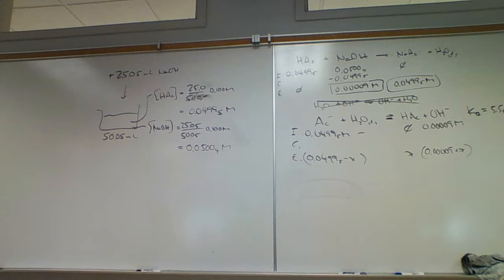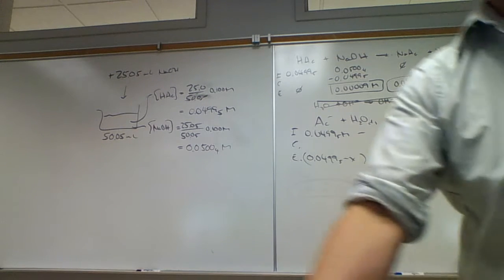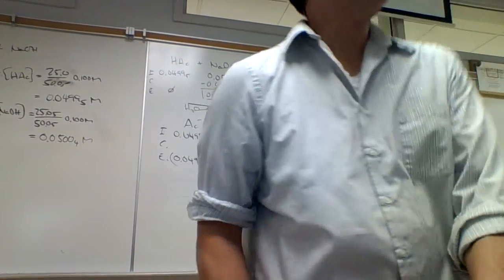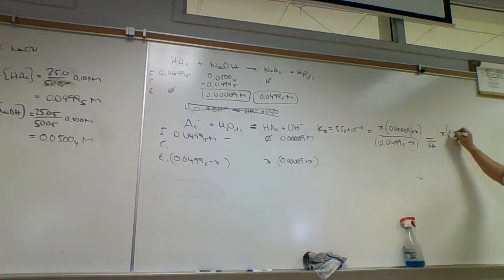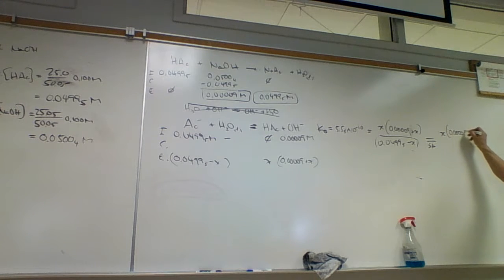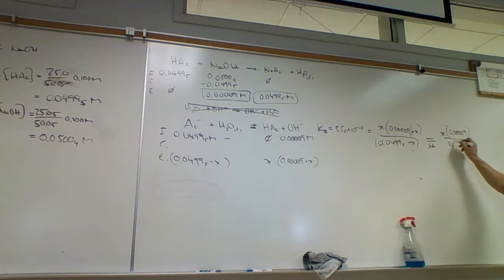But we're going to use the simplifying assumption here. Simplifying assumption means this is going to go to x times 0.00009 divided by 0.04995, which means that x is equal to,